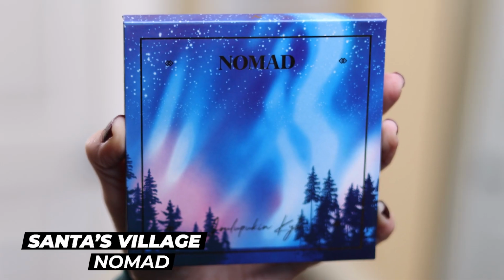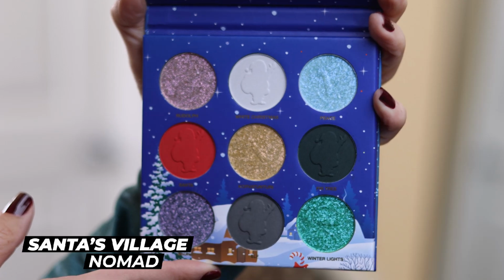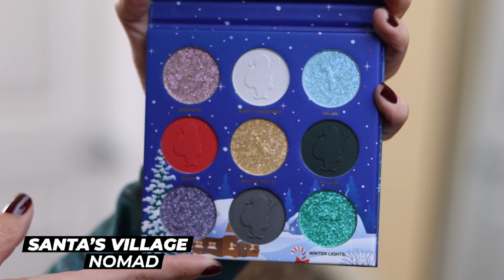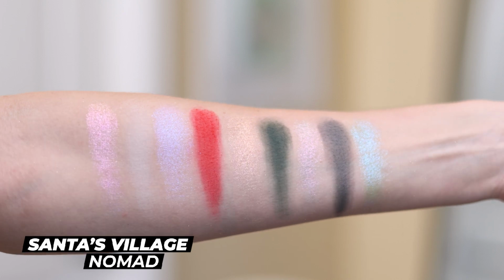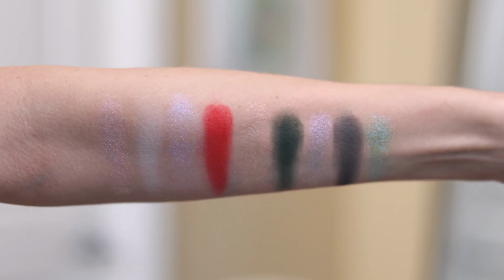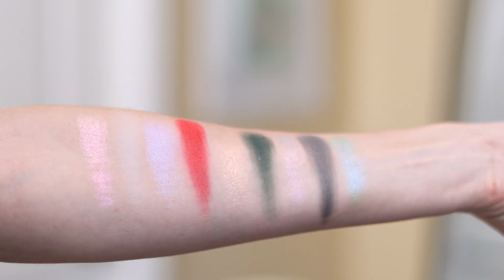Coming in at number 6, I have the Nomad Cosmetics Santa's Village palette. I actually really like this palette. I know it got kind of mixed reviews, and I can understand why. It is a very different formula than what I'm used to from Nomad. The shimmers, most of all, are extremely hard pressed. They are much more of a toppery, shimmery, not opaque, not a metallic,